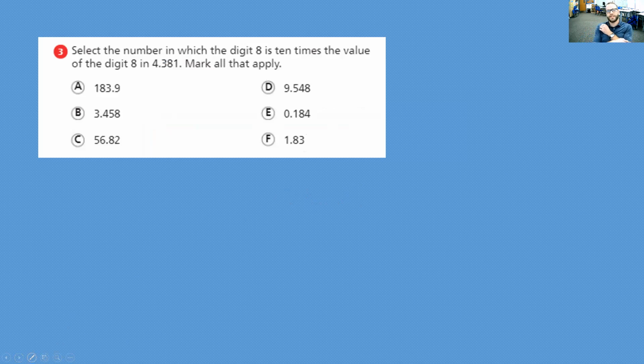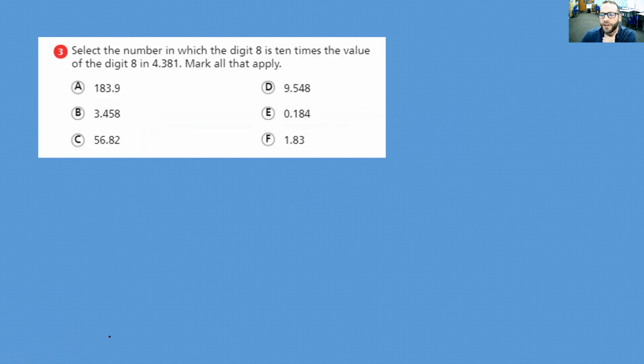This one, it just says, hey, here's an 8. In this number, it's 4 and 381 thousandths. Can you just choose the ones that have an 8 that's 10 times bigger? Well, ladies and gentlemen,